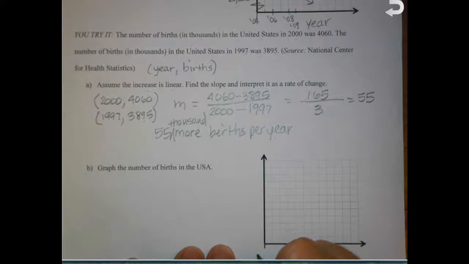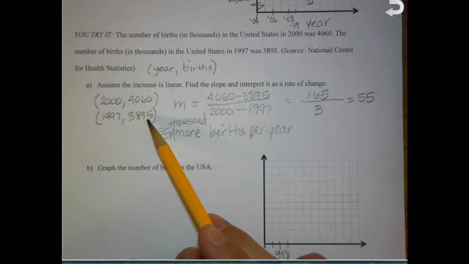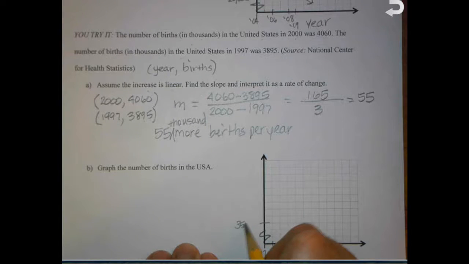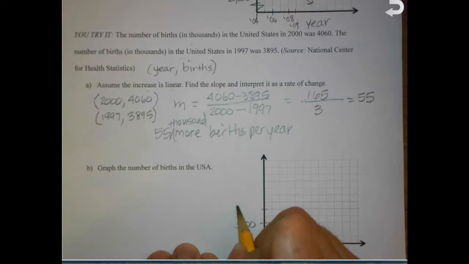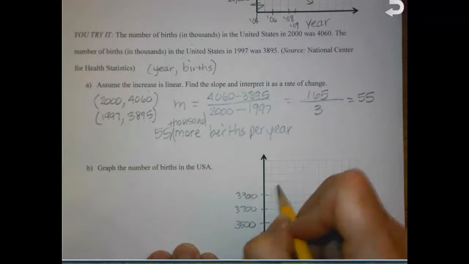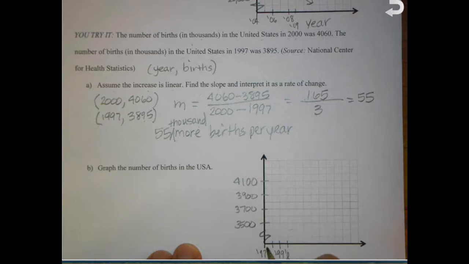y-axis, and that'll be 1997, and that'll be 98, this will be 99, and 2000. And then we need some values going from 3,800 to 4,000. Not a very big change there, but it is in thousands. So then we put a squiggly. We're going to start at, say, 3,500 and 36. This one will be 37, and this one will be 4,000, and this will be 4,100. So at 1997,